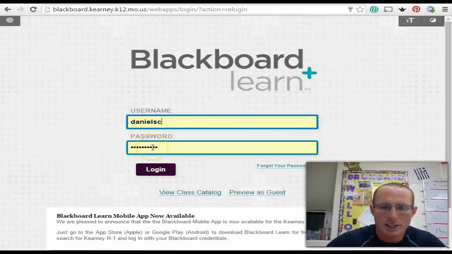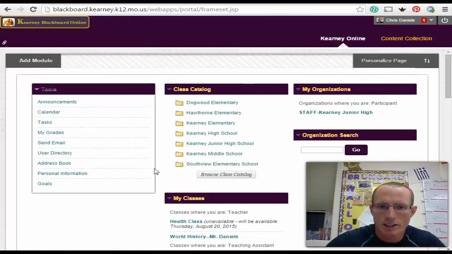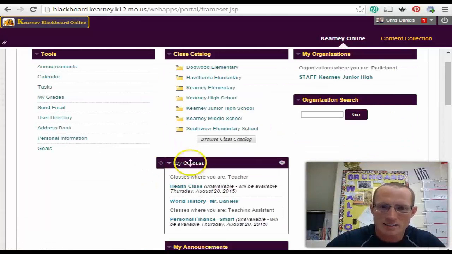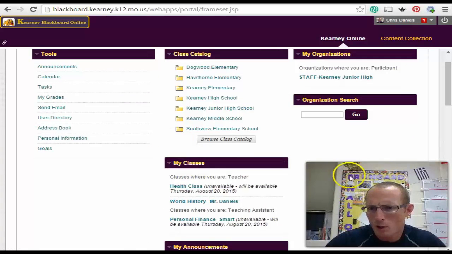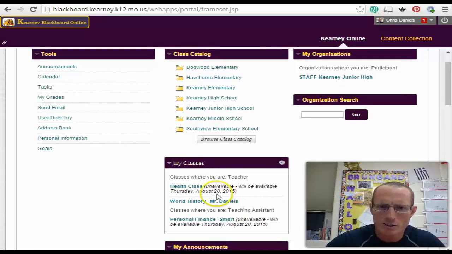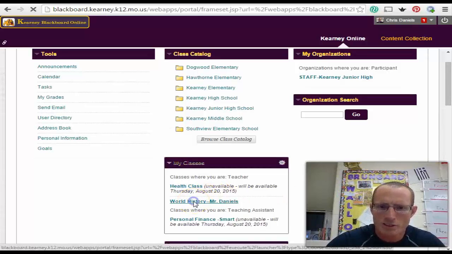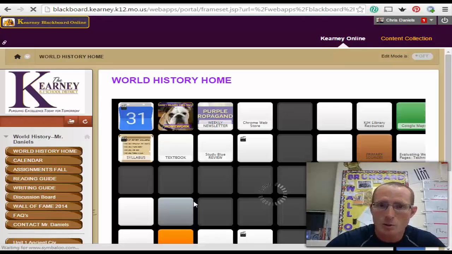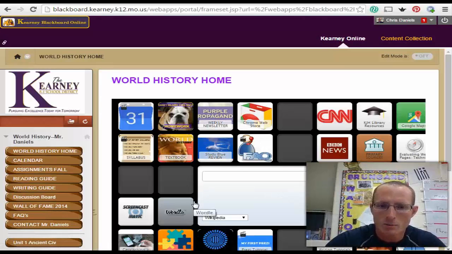Enter your username and your password. Don't look at my password. Click on Login, and then you should have a tab that says My Classes. Might be right here in the middle, might be over here to the side. Either way, go to Your Classes. You should be enrolled in World History, Mr. Daniels class. Now, if you have trouble logging in, come shoot me an email,